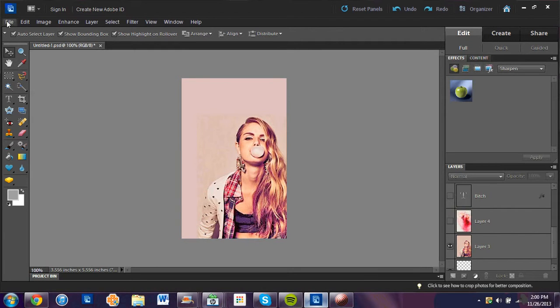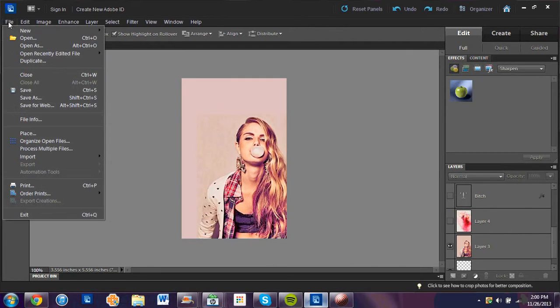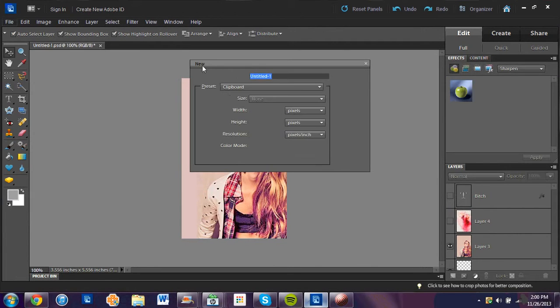Okay, so first off, when you open up Photoshop, or whichever one you're using, you're going to go to File, New, Blank File, and the specific dimensions for a book cover on Wattpad is 256 for the width and 400